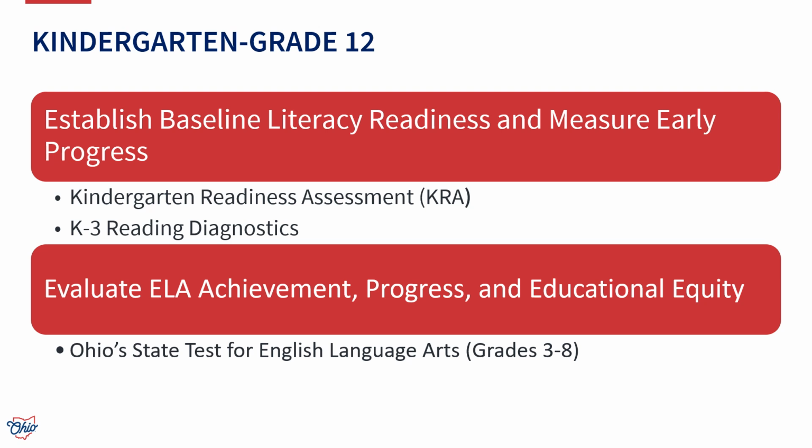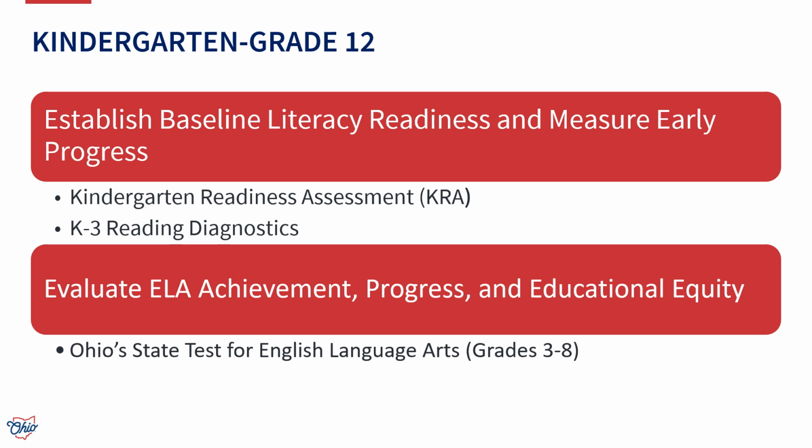K-3 reading diagnostics can be used to monitor student progress and determine students' on-track or off-track status. Districts and schools should use this data, alongside Ohio State test data, to determine which students need reading improvement and monitoring plans and high-dosage tutoring. Students scoring proficient on the Grade 3 Ohio State test will be considered on track, exempting them from RIMPs and